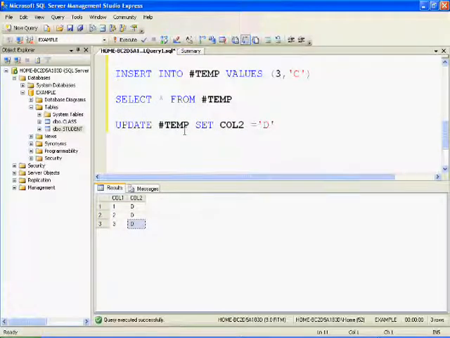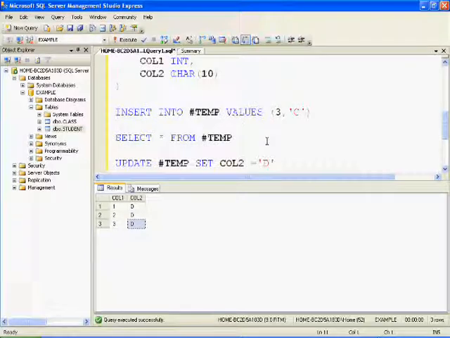To avoid this, generally we use where clause. If we don't want to update all the rows, if we want to update only 1 or 2 rows, then we have to provide the where condition.